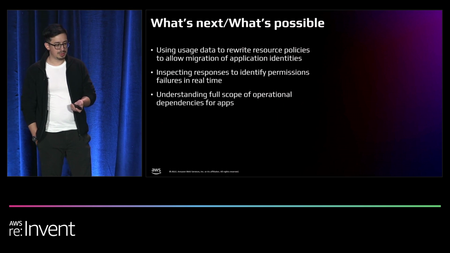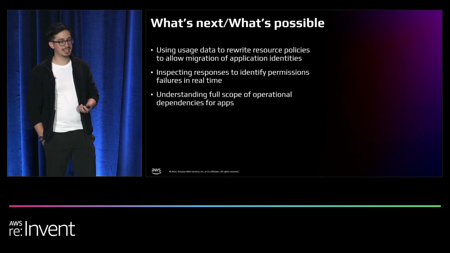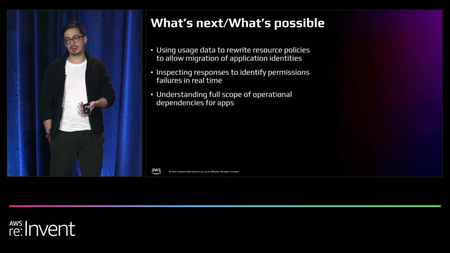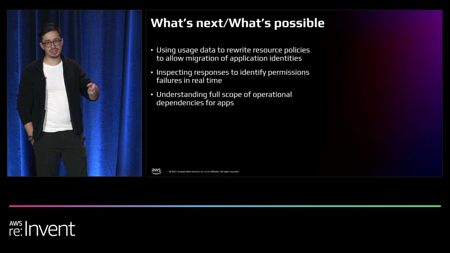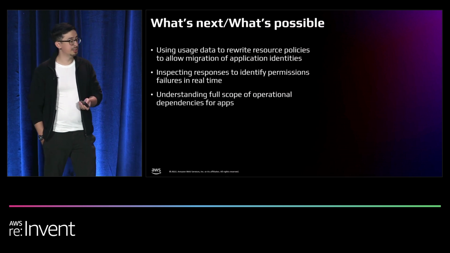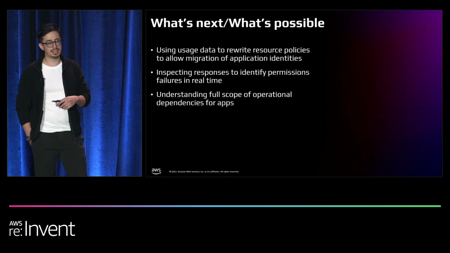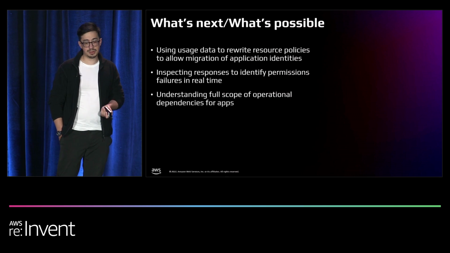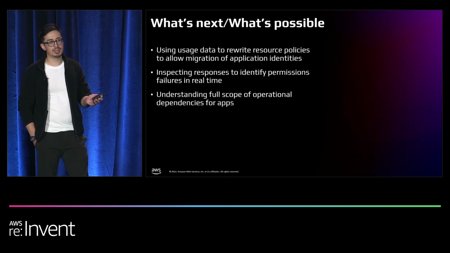As far as what's next, what's possible, I'm sure anyone here who's looking at this and saying, oh, I can have whatever code I want in line with any AWS request that's going out, the gears are turning. There's a lot of possibilities. Same for us. So the first one is one that we mentioned earlier: taking this usage data, rewriting resource policies, and really understanding what needs to change when you take an application identity and move it around between different AWS accounts. That was what caused us to start researching this in the first place,